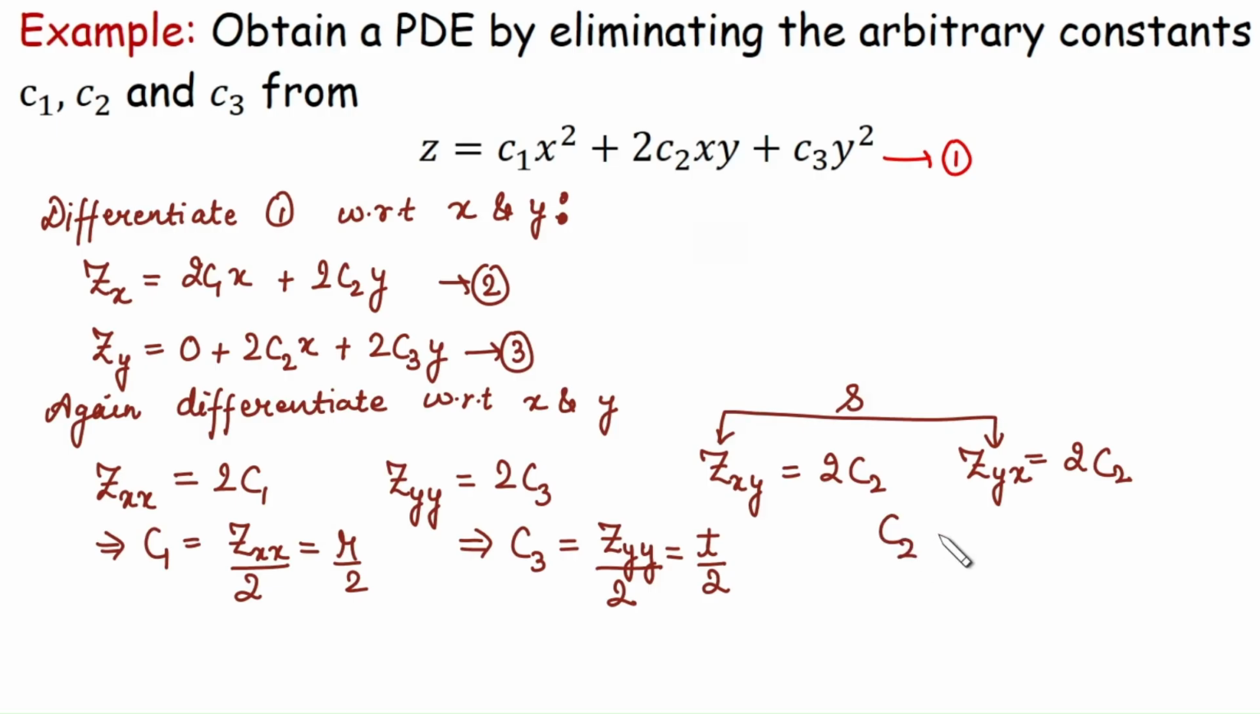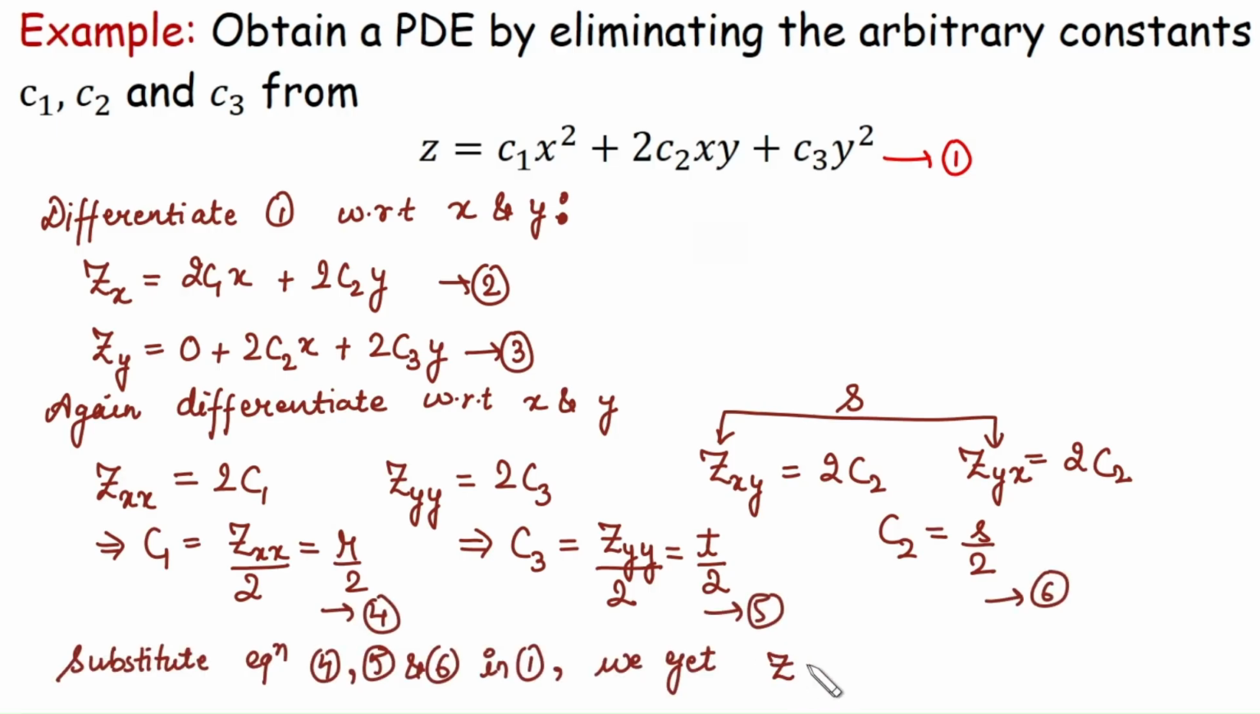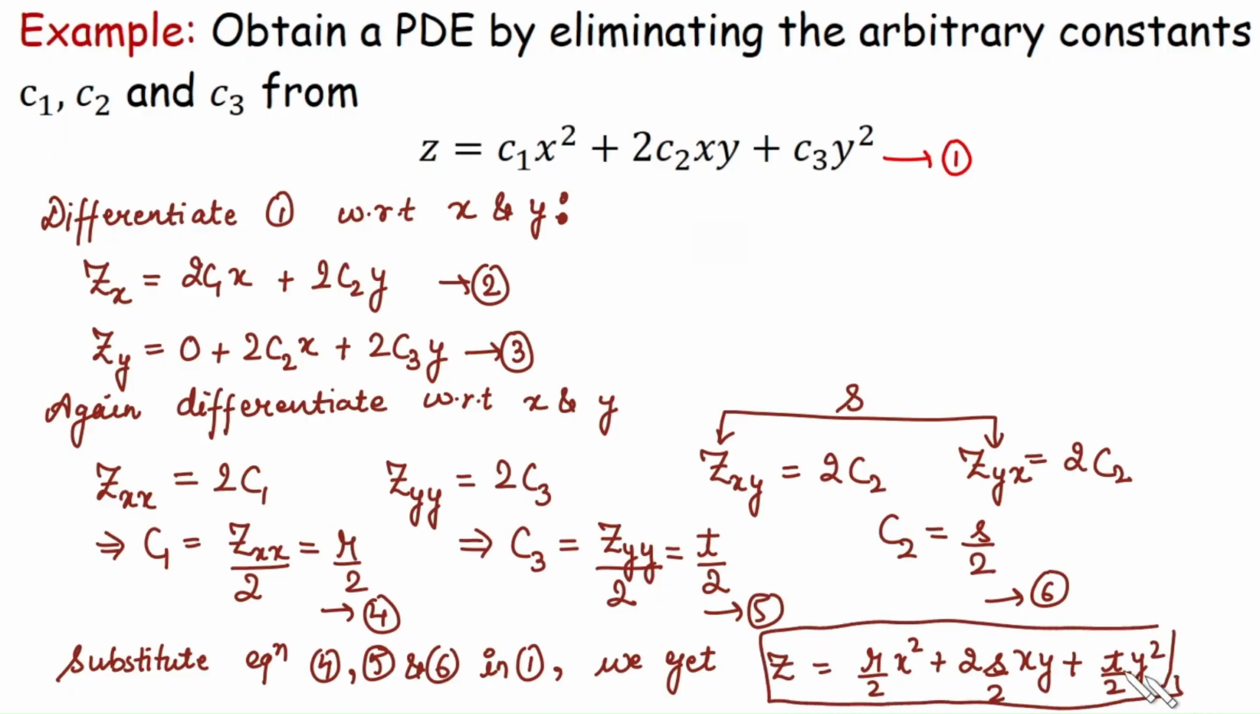So what is the value of c2 we are getting in terms of s? That is s by 2. Substitute these constants back into equation number 1. This results in z equal to r by 2 into x square plus 2 times c2, that is s by 2, x into y, plus t by 2 into y square. So this is the required PDE. Why is it a PDE? Because r, s, t are the second order partial derivatives. So we can mention where